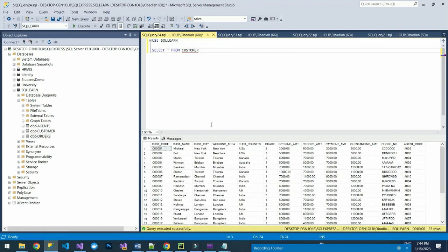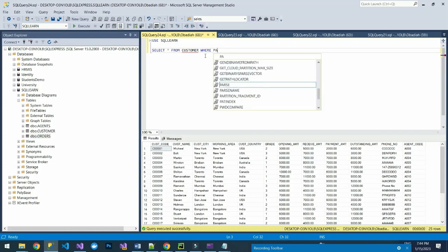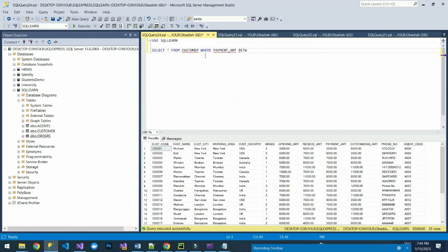Assuming we want to return those customers with a payment amount, we can say where payment amount is between